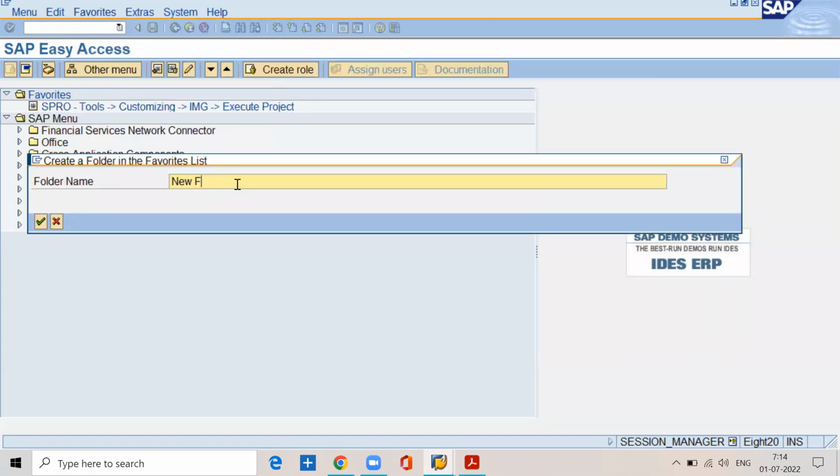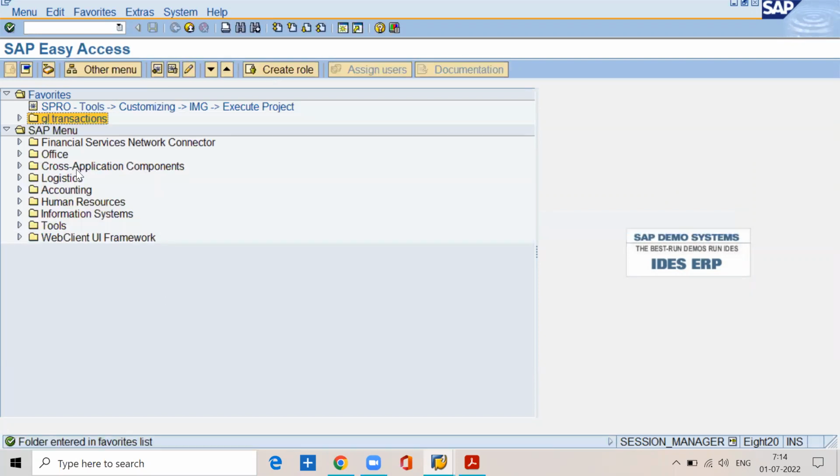Folder name is equal to GL transactions. I am creating one folder with the name GL transactions. Click on enter. See, GL transactions are there. Now, again, continue. To add the transaction code in the GL transactions,